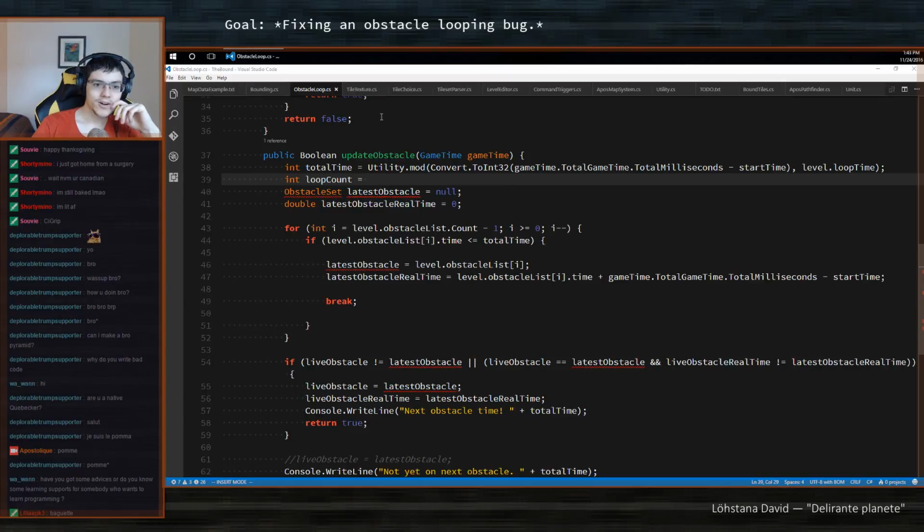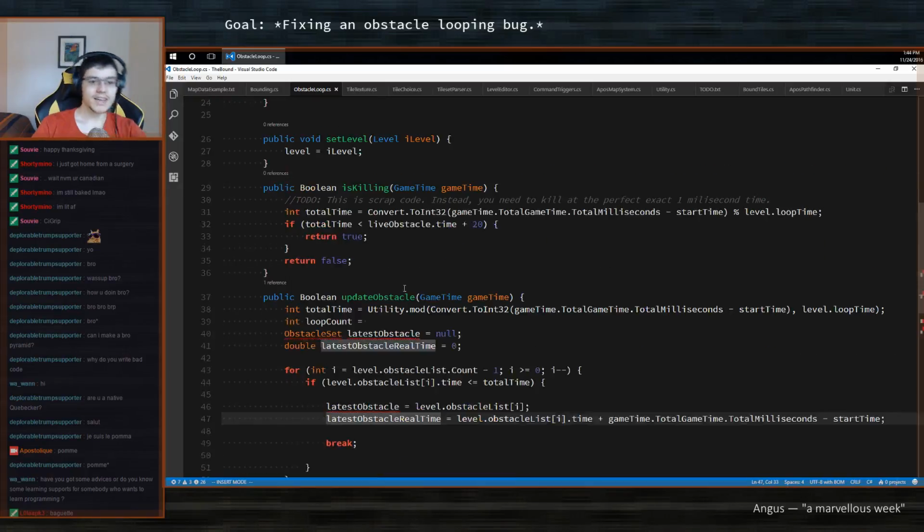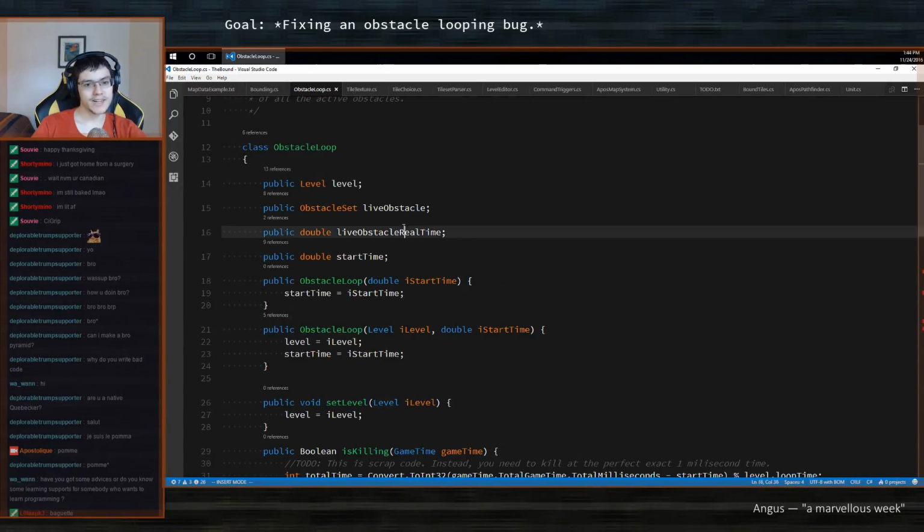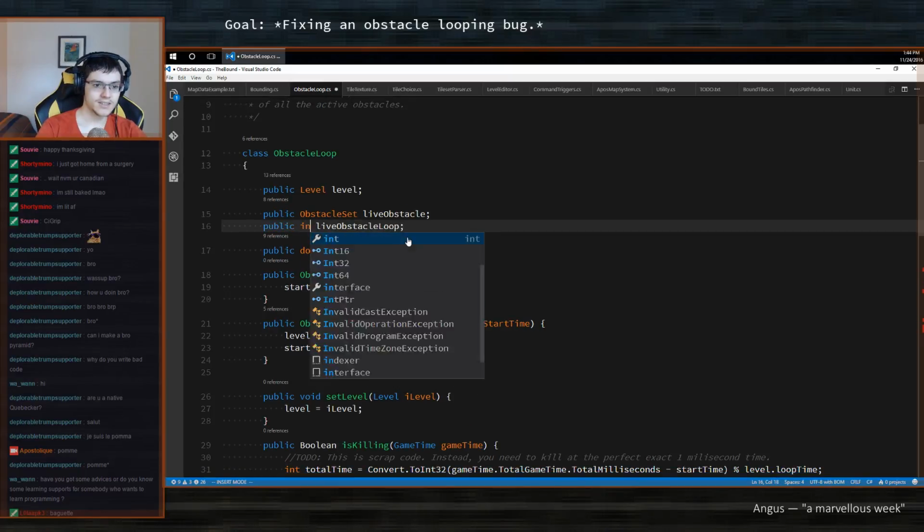I don't know why, I tried to open a program and it's not opening. Okay, exactly. It's not latest obstacle time. We don't care about the time. Latest obstacle loop. That's what this is. And this is an int.